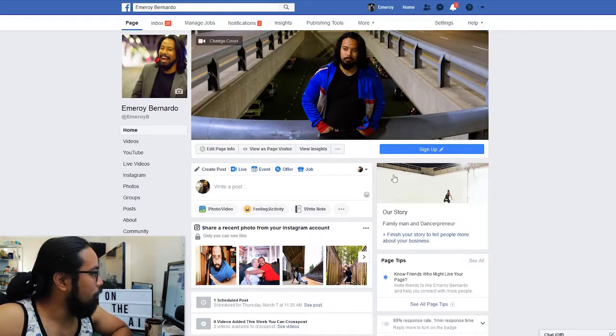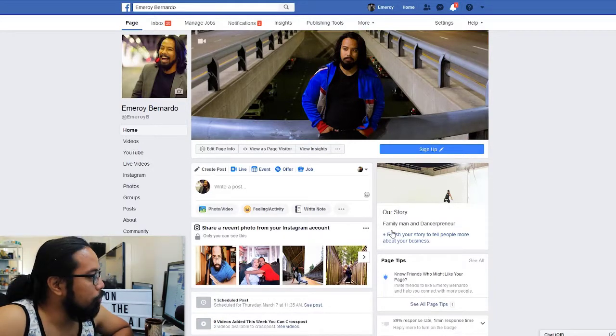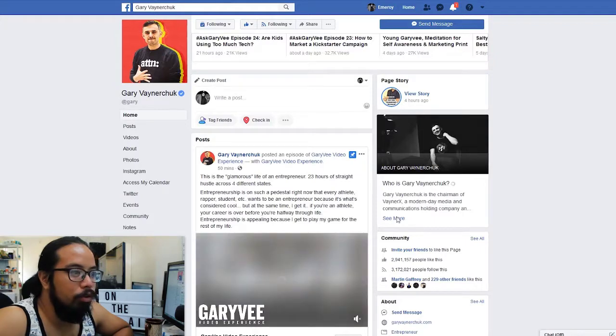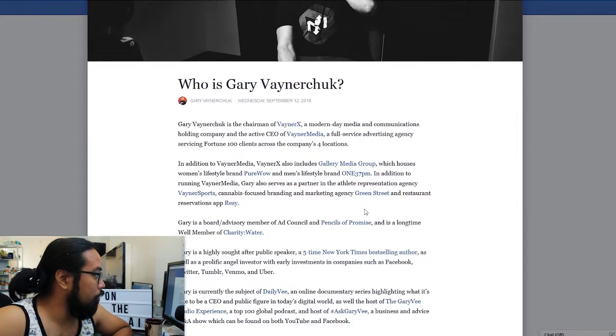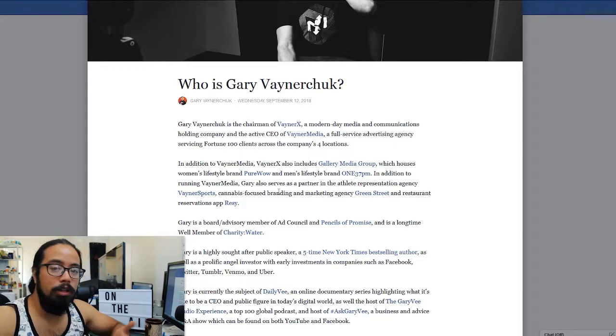Next up is this real estate right here. This real estate, I think, is important if people are seeing you on desktop. People don't really see this part on mobile. A great example is on Gary's right here. Definitely a great opportunity for you to tell your story, tell people what you're about, and then at the same time leverage keywords, and at the same time use links to link back to your website, link back to your product, link back to, you know, other things you're doing as well.